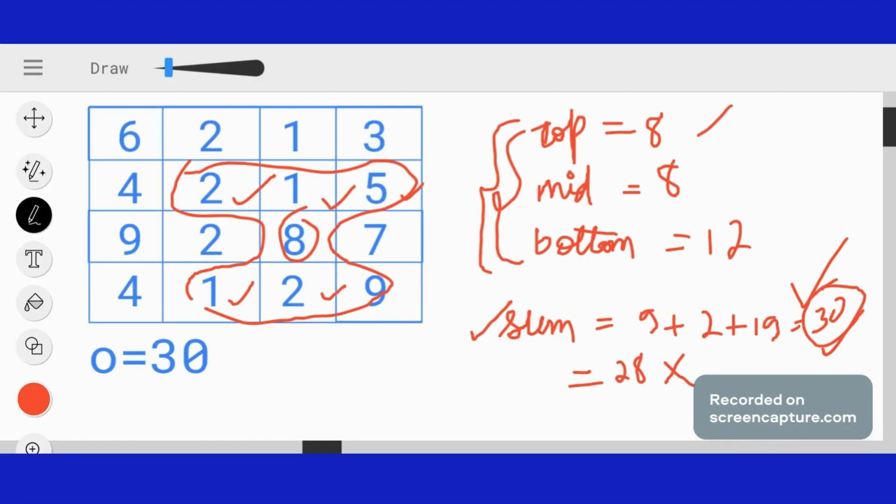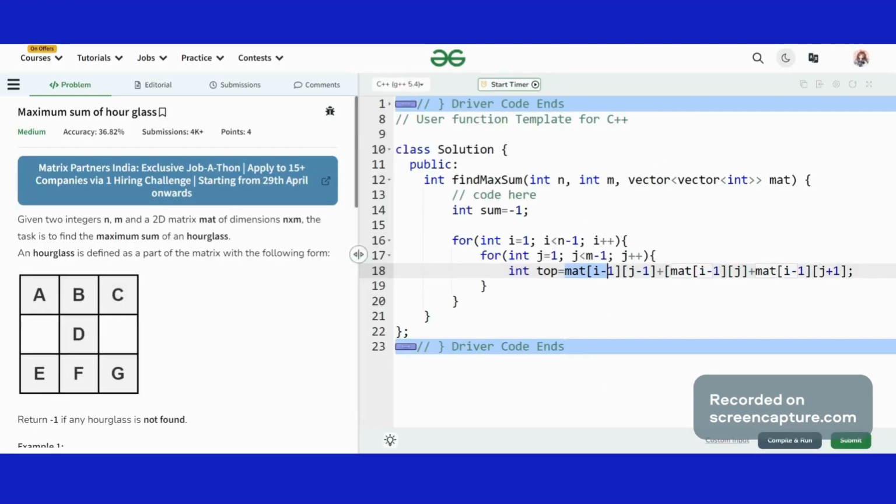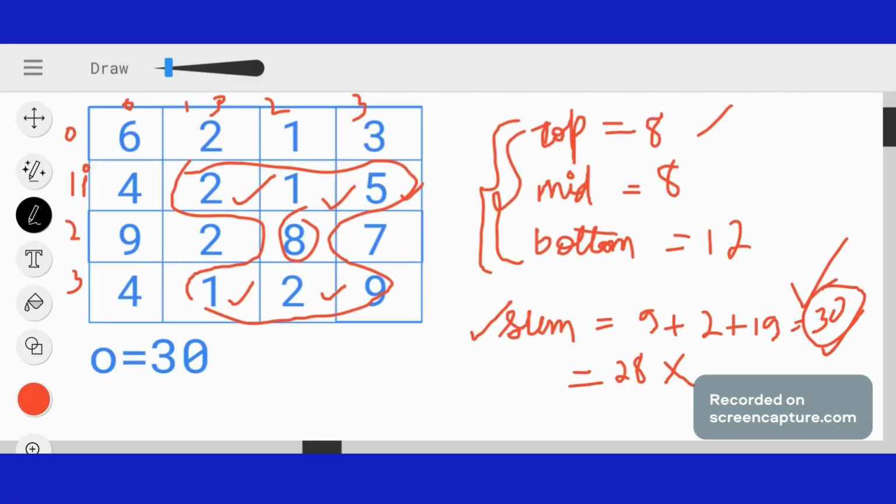See, if this is my index 0, 1, 2, 3, 0, 1, 2, 3, my i is pointing here, j is pointing here. Now, here, mat[i-1][j-1]. What is the element at i minus 1 and j minus 1? It is 6. My i is pointing to index 1, j is pointing to index 1.